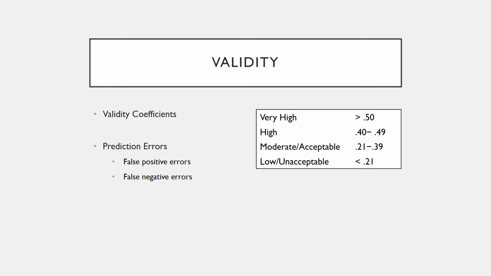So in terms of how we measure validity, we look at validity coefficients, which again relate to this idea of correlation, as we talked about in the reliability chapter previously. So we're looking for two different things. We're looking for a false positive, meaning that there is a false representation of connection between a construct and an assessment, or a false negative, meaning that it seems like there's not a connection there, but there actually is.